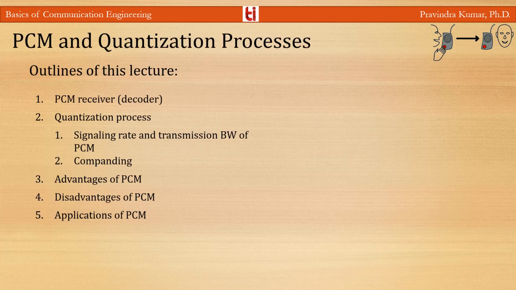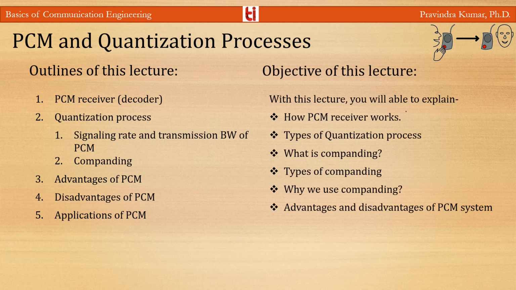and the outline of this lecture is: PCM receiver decoder, quantization process, where we will discuss signaling rate and transmission bandwidth of PCM, and companding. After this we will discuss the advantages of PCM, disadvantages of PCM, and also the applications of PCM. In the objective of this lecture, you will be able to explain how the PCM receiver works, the types of quantization process, what is companding and types of companding and why we use companding, and the advantages and disadvantages of a PCM